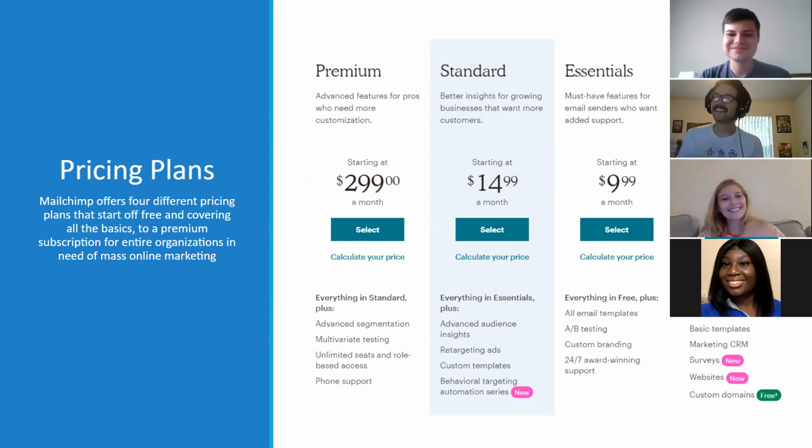Pricing plans. I know it's crazy. You look at this premium one, and you're like, wow, that's $300 a month. That's insane. But $300 a month also keeps you in contact with more than 200,000 people. That's crazy. Other than a McDonald's restaurant, I can't think of a small organization that has over 200,000 contacts. But they offer a lot there. The standard is for a typical business, something that might be regional, anything like that.